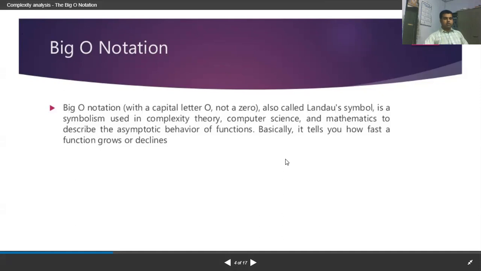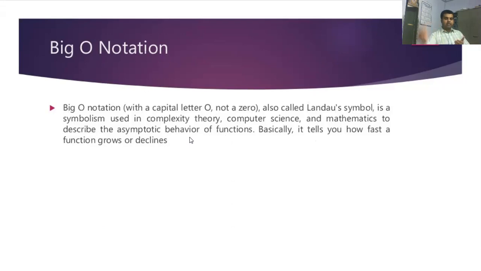What is the purpose of the big O notation? It actually describes the behavior of the function. Okay, how the function is processing. So what is asymptotic, this word? Asymptotic behavior of the function means the progression or the degradation of the function, whether the function is proceeding one process after the other, or the function is hanging around consuming time in that particular process, and keeps on processing one after the other, then moving towards the next.